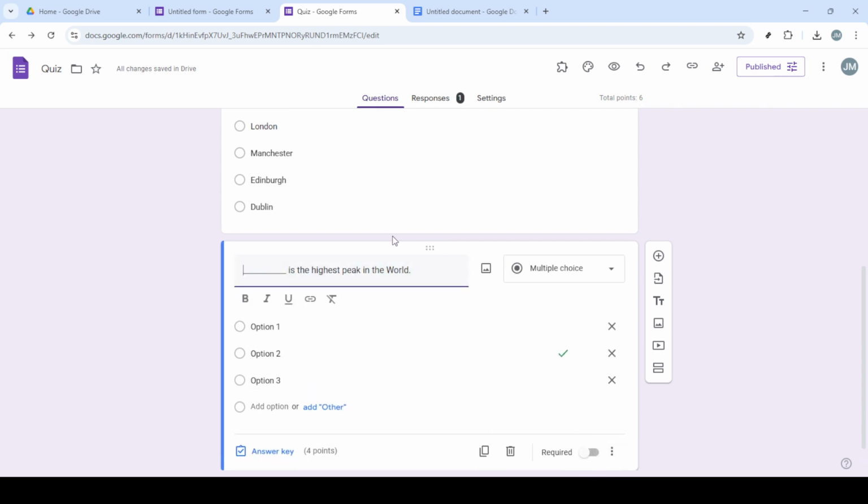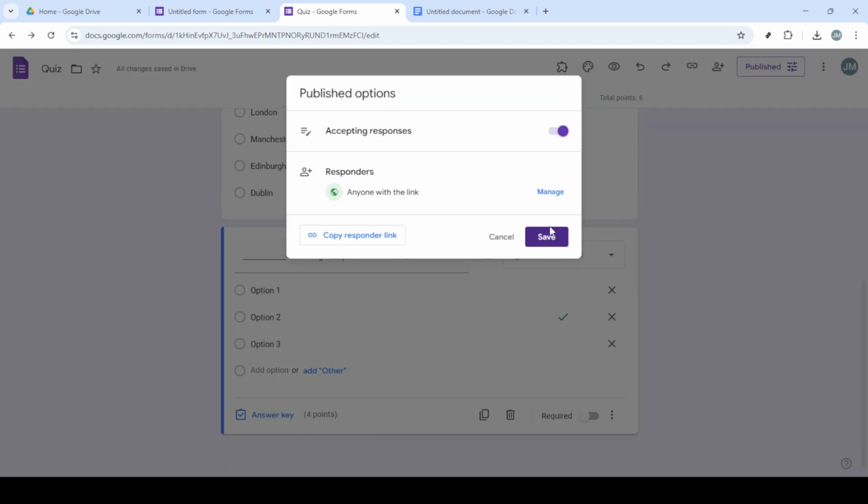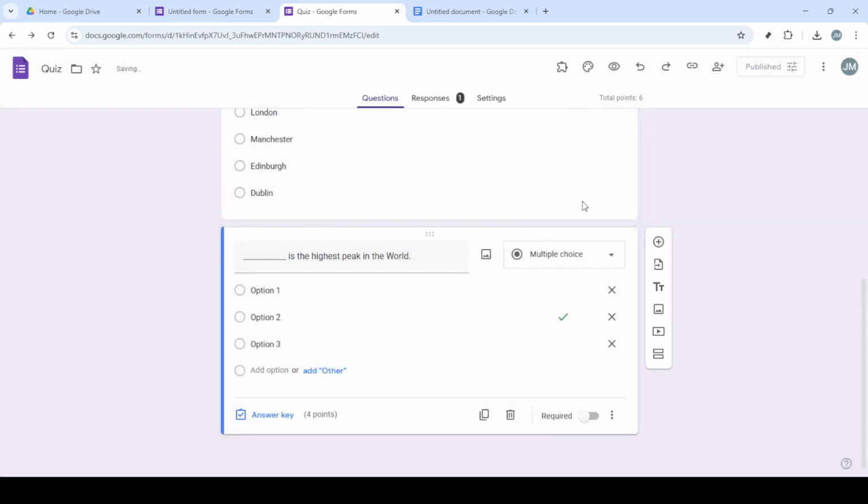After reviewing your form, it's time to publish it. Click on Send at the top right of your screen to get the shareable link. You can now send this link to your intended audience, allowing them to fill in the blanks and submit their responses. And there you have it, your very own fill-in-the-blank quiz on Google Forms is ready to be